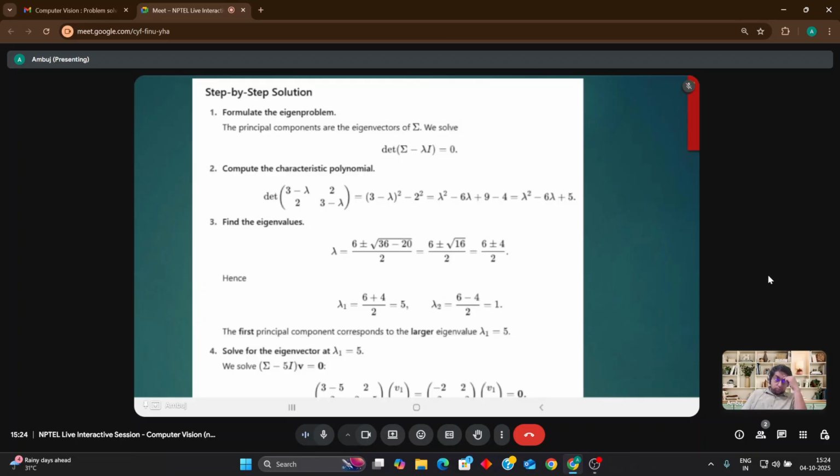So if you try to compute the determinant, it would be (3 minus lambda) whole square minus 2 square. That would be equal to lambda square minus 6 lambda plus 9 minus 4. That would be equal to lambda square minus 6 lambda plus 5. Okay, so lambda will be